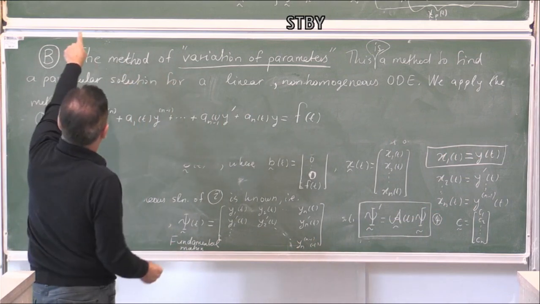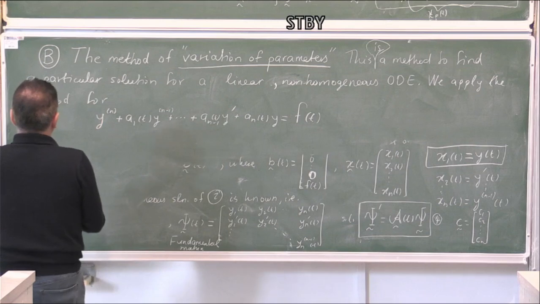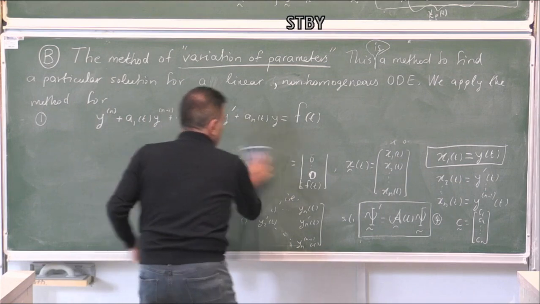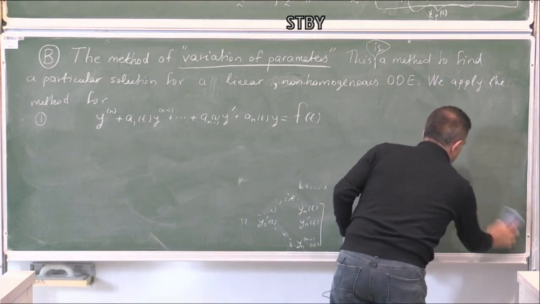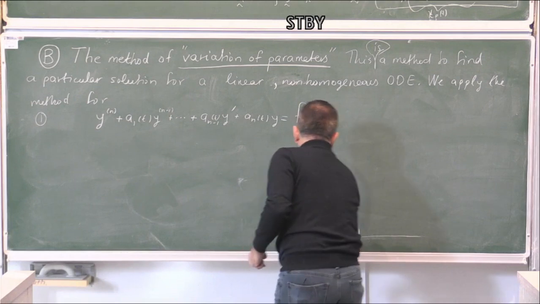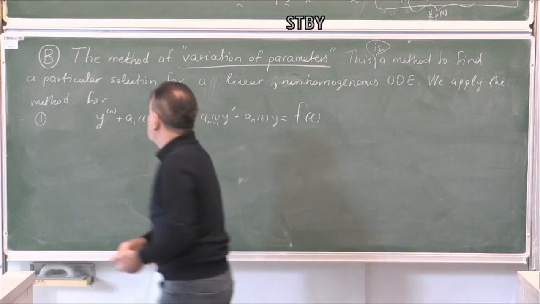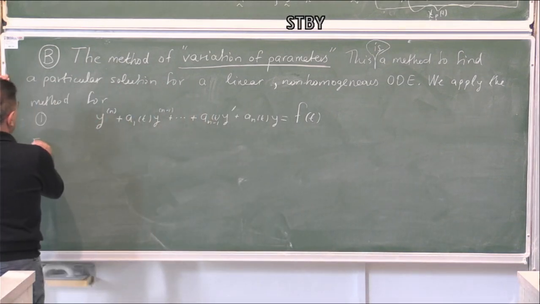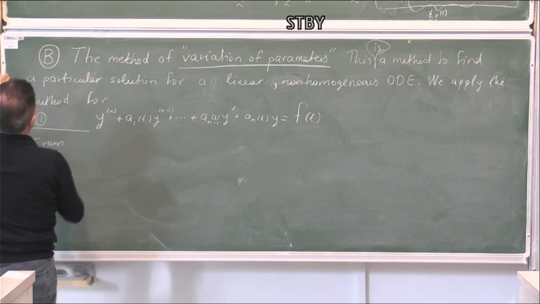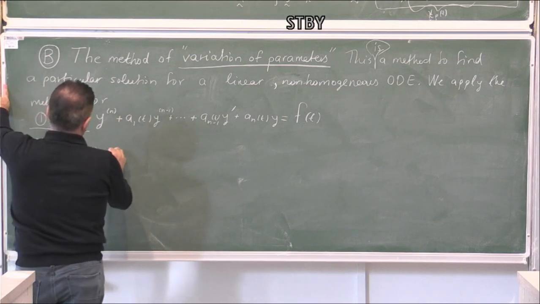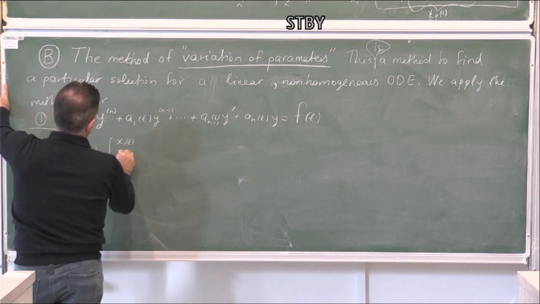Now let us find the link between that vector solution and the solution in 5. Okay? The vector solution x1 of t, x2 of t,